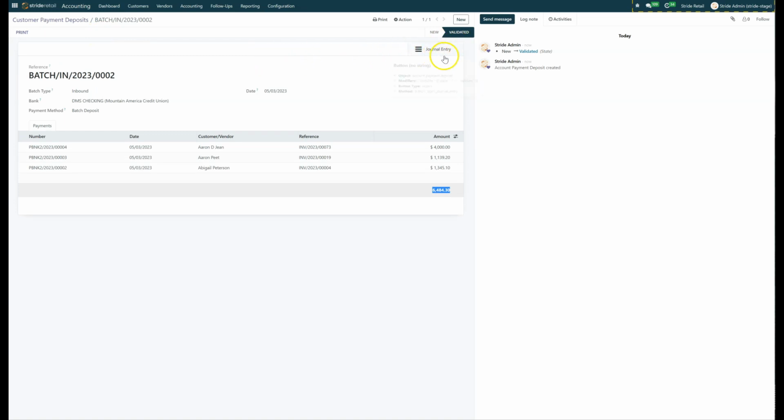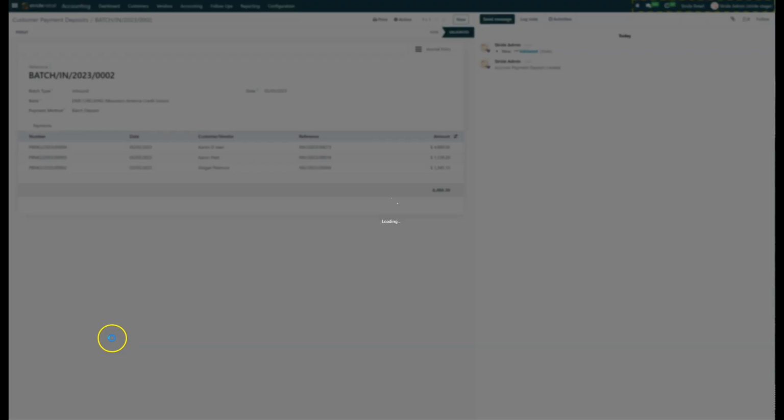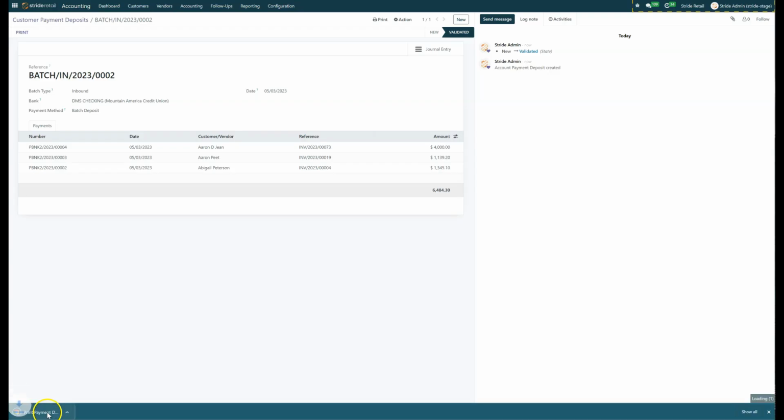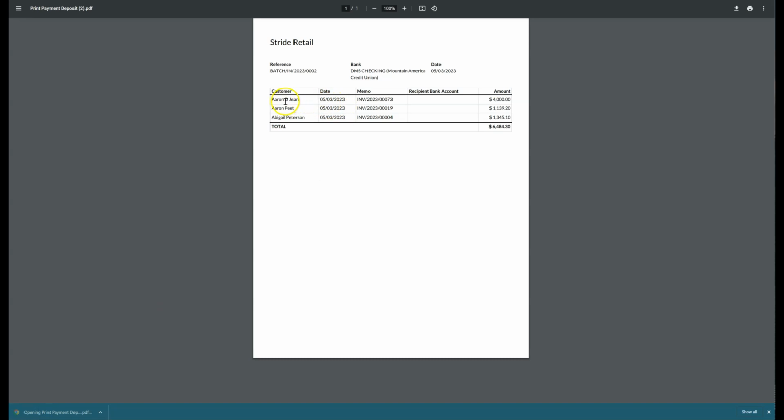And the system creates a special journal entry that groups all of these into a single open deposit waiting to be reconciled on the bank account. You can also come in here and print a payment deposit slip. It's just a basic document that outlines the checks that you received or the amounts. If it's from the point of sale, it'll have one cash entry and or check entry per point of sale register, so you can group multiple point of sale closings,